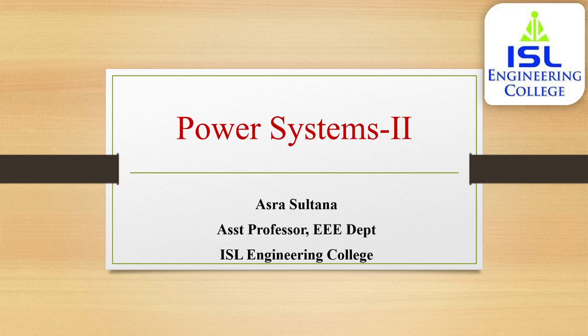We have seen about percentage reactance. The reactance of generators, transformers, reactors, etc. is usually expressed in percentage reactance to permit rapid short circuit calculations. The percentage reactance of a circuit is defined as the percentage of the total phase voltage dropped in the circuit when full load current is flowing. That is, percentage X is equal to I X by V into 100, where I is the full load current, V is the phase voltage and X is the reactance in ohms per phase.